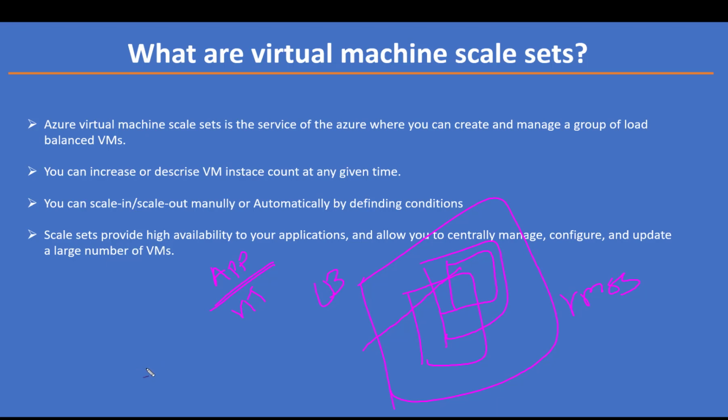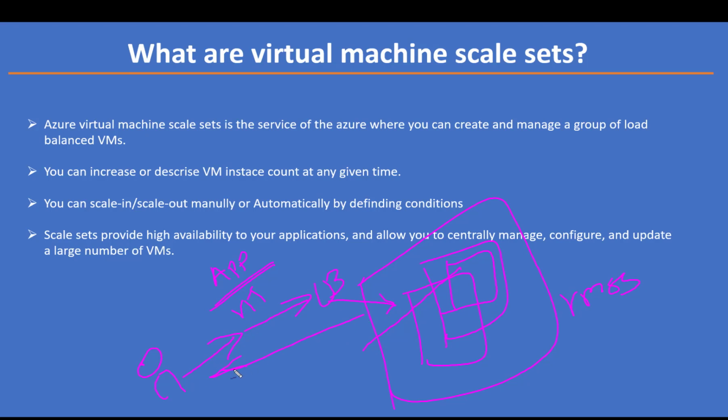Whenever a customer or user accesses your application, the request will hit the load balancer, and the load balancer will distribute the request to one of the VMs from that VM scale set to serve the request of the user.